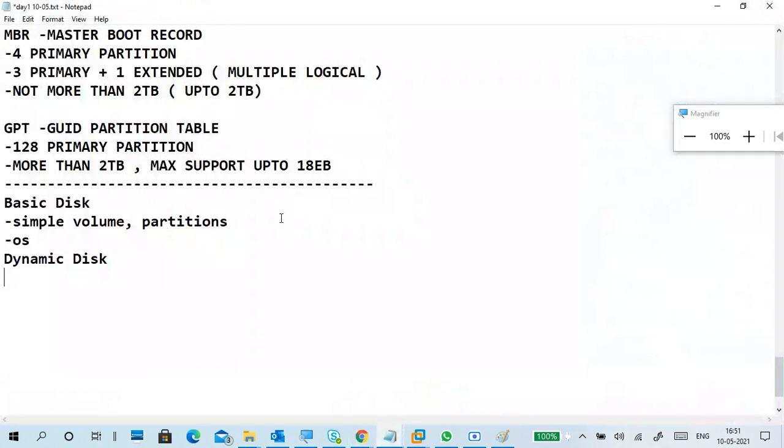Next, dynamic disk is for creating RAID. So what is RAID? To create a span, a stripe, a mirror, RAID 5.